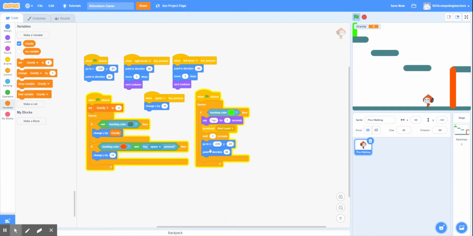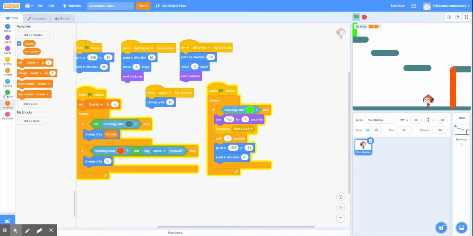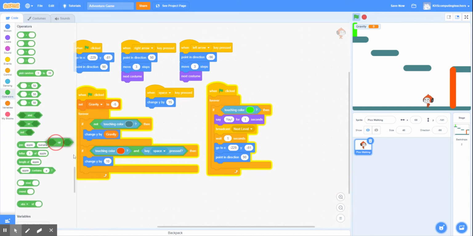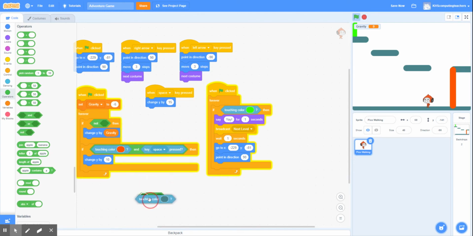The next thing I wanted to do is say that you continue falling as long as you're not touching the color of the floor, or as long as you're not touching the color of my wall, because like we said, we wanted him to look as if he's actually climbing up the wall. Now, this might be a little bit tricky. I'm going to head over to operators and use the or option here. And I'm going to say, as long as you're not touching this color,